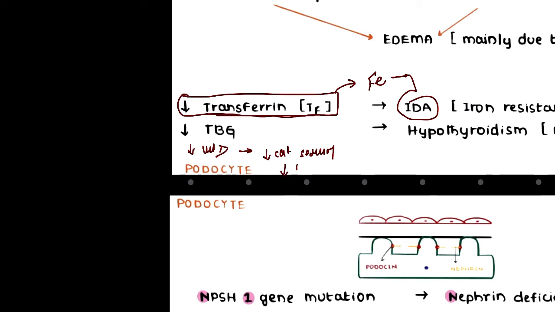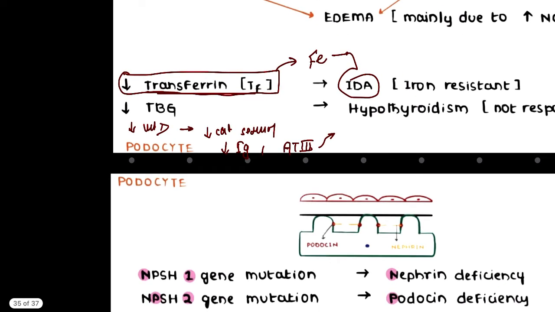Similarly, there will be a decrease in immunoglobulin also. There will be a decrease in antithrombin type 3 also. Now, as there will be a decrease in antithrombin type 3, what will happen? There will be a condition in which there will be no dissolution of clot, right? As the clot will not be dissolved, because of this low level of antithrombin, there can be a condition of hypercoagulability,